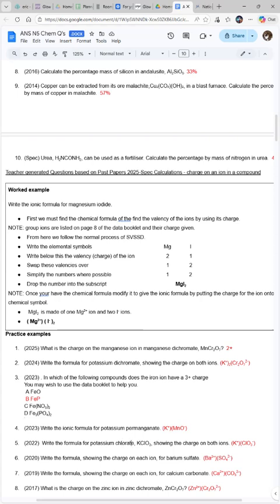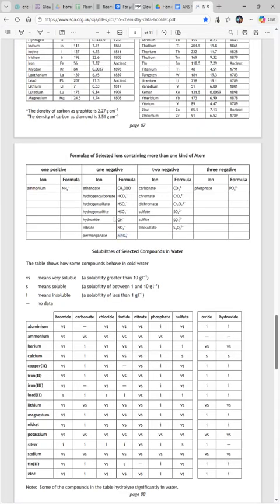Write the formula for potassium chlorate, KClO3, showing the charge on both ions. We can do it either way. We can already know that potassium has a 1 positive charge. So when we look at chlorate,